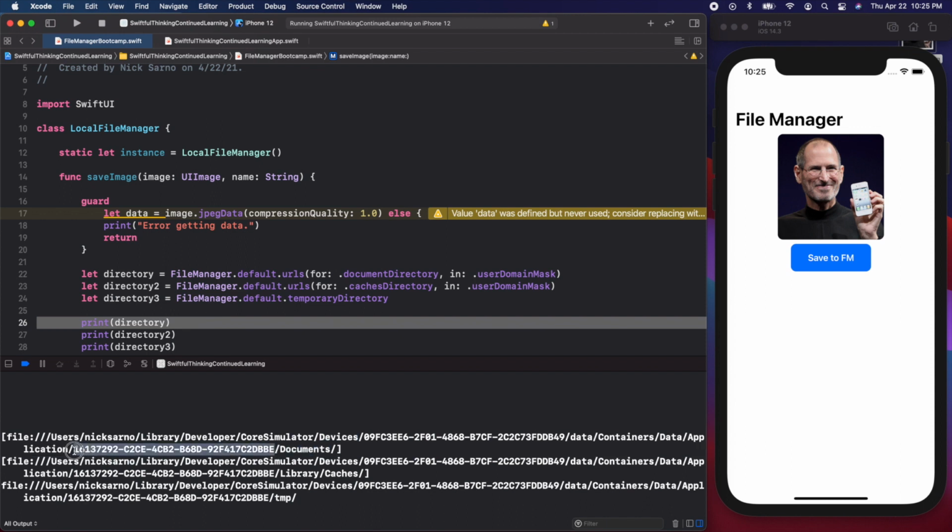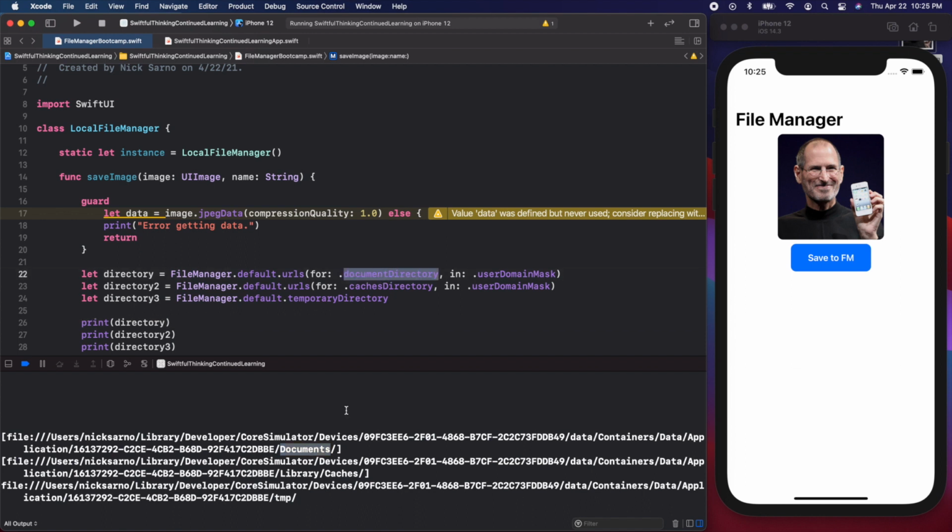This is probably our device ID, and then after that is the documents folder. So the documents directory opens up this documents folder, and then we can save our image inside here. The caches directory opens up the library and then the caches folder, and the temporary directory opens up this temp folder. So not too much going on here. I know this looks kind of like gibberish, but I just wanted to point out that we are saving things